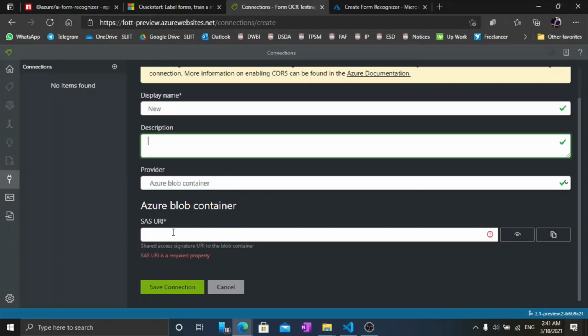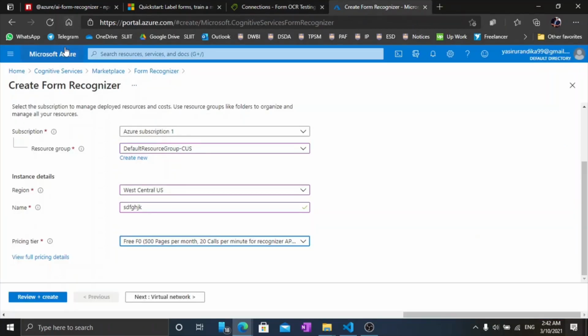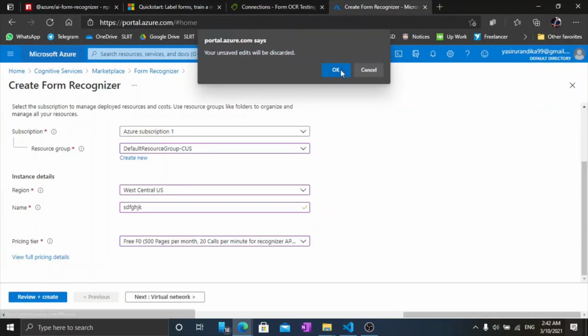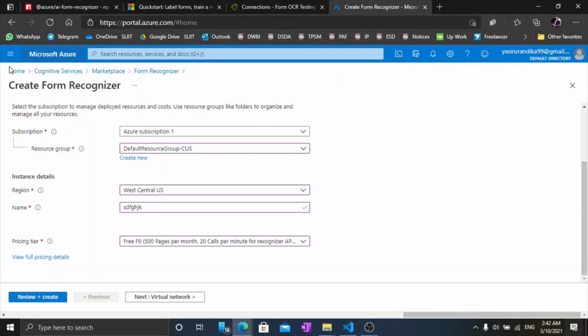Then we have to get the shared access signature URI from the Azure Blob container to access from here to Azure Blob storage. Once again, we have to go to the portal,